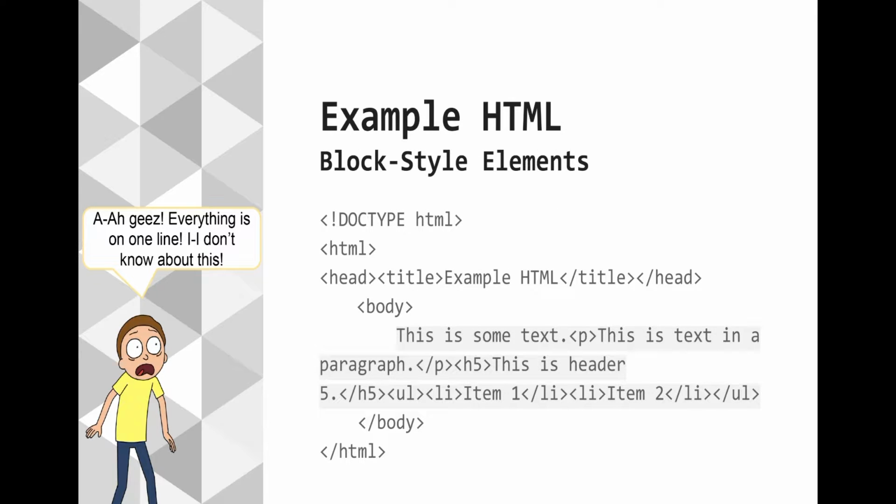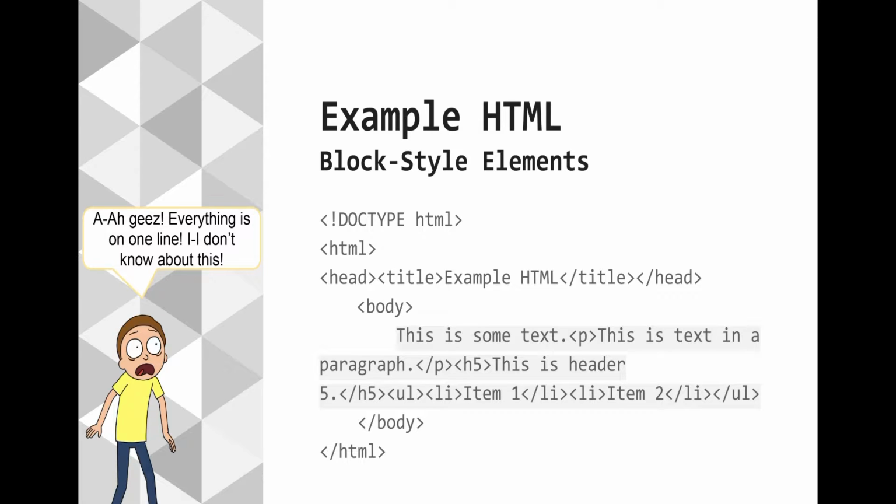Let's look at some block style elements. In the body tag of this example HTML, we say this is some text, and then I start a paragraph, this is some text in a paragraph. I end that paragraph, and then I say in a header 5, this is header 5. I end that, and then I create an unordered list with 2 list items in it. And it's all on one line, from the T in this all the way to the closing tag of the UL. It doesn't look like it's on one line on the screen, but if you were to copy this out and paste it in brackets, it would be just this long,